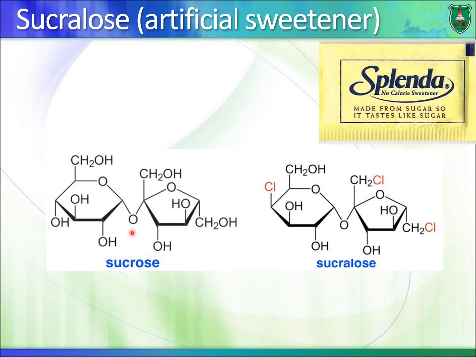So anyway, the thing is that here you have sucrose, okay, and it can be modified by the addition of chloride groups at certain positions, okay, so you have 3 chloride groups right here. This one here is actually an artificial molecule, so it is manufactured, it is not natural. It's known as sucralose, and it is an artificial sweetener,